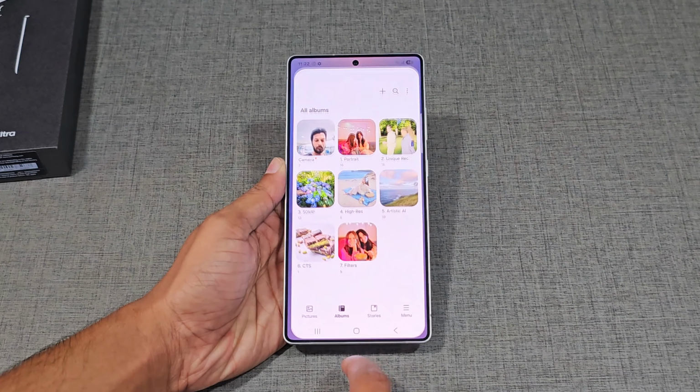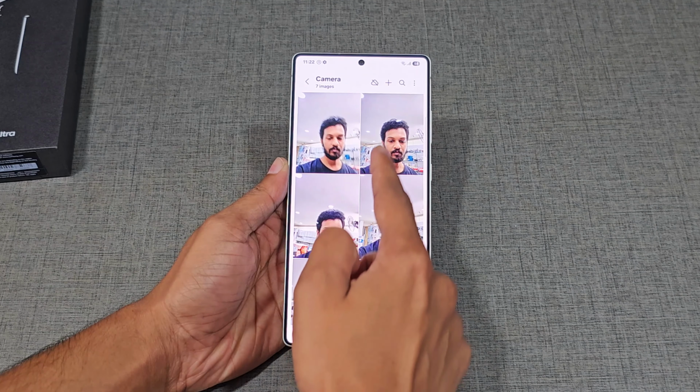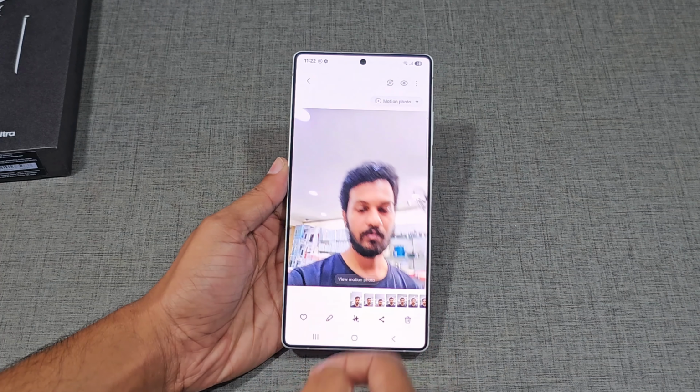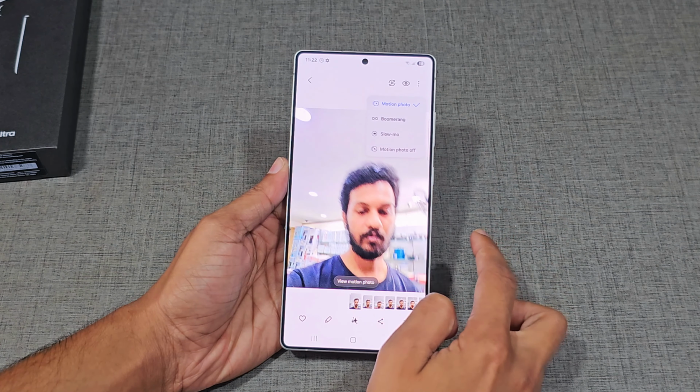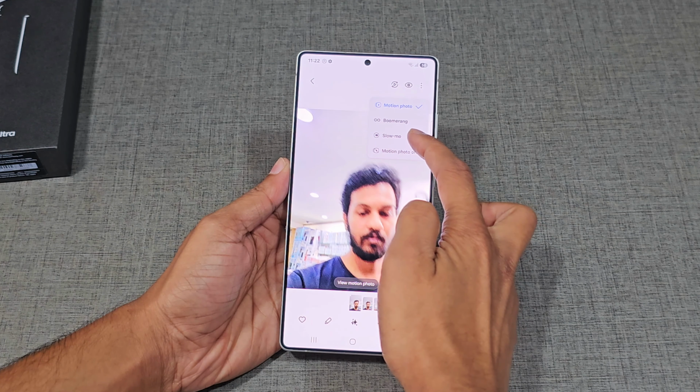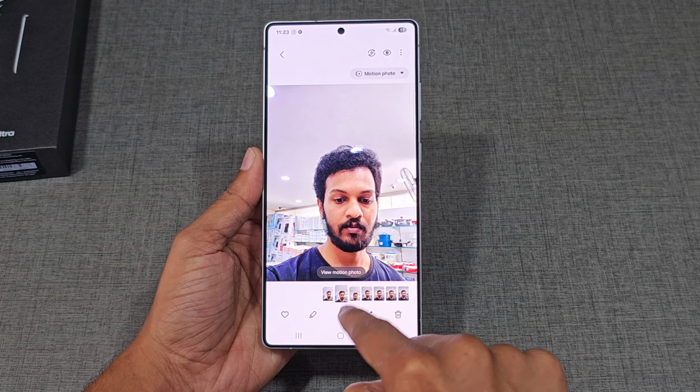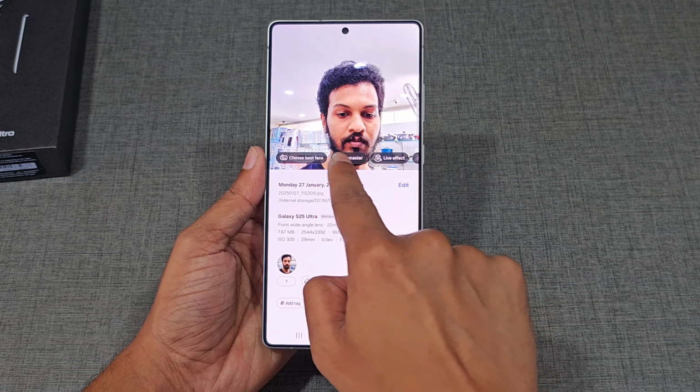Now moving on to the gallery, when we turn on the motion photo and take some photos, we can find motion photo written on the top right corner. And when we click on that, we have some drop down options for boomerang, slow-mo and to turn off the motion photo. Also when we take multiple photos and swipe up on any of these photos in the gallery app,